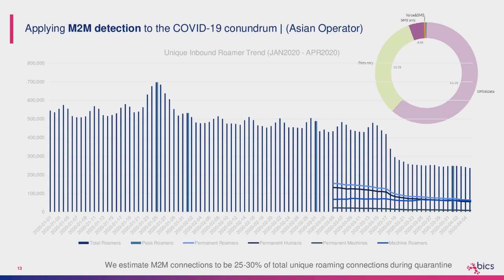But as soon as I am able to actually split this, I can see, for example, that machines, although they're still in their nascent development stages, and the promise of M2M has not yet been fully realized, are already significantly contributing to this specific operator's bottom line in terms of usage, which I have shown the split of. The majority of the usage is actually SMS, but there's also significant data. But in terms of the total number of unique machines, and we're talking about this blue line here, as the number of unique roamers has been declining, almost 30% of this total number of unique roamers has remained machines.